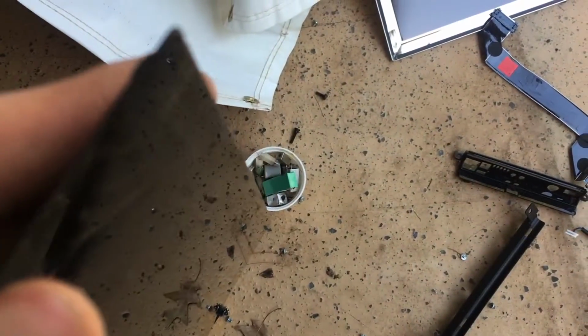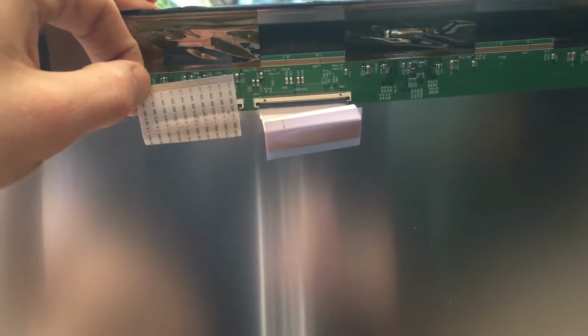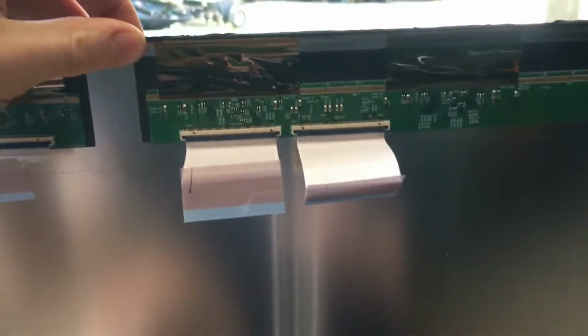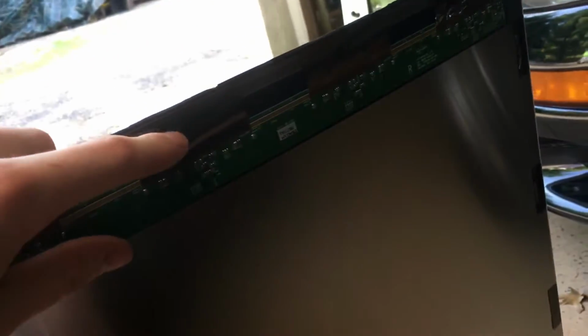Alright guys, so here's our actual screen. You can see it's very thin, only about maybe a 1/16 of an inch thick. It's just this big wobbly panel. On the back here you can see the circuit boards that take in the different voltages for driving the rows and columns of pixels. And you can see it distributes this data through this circuit board and out to these different